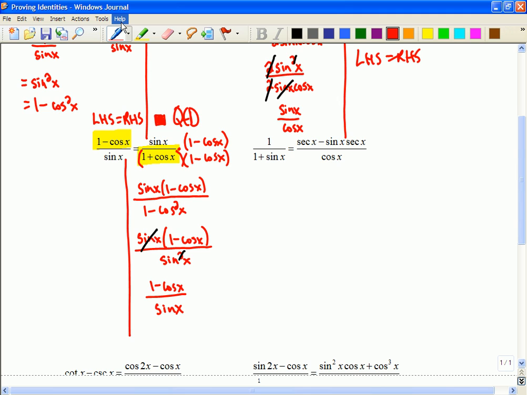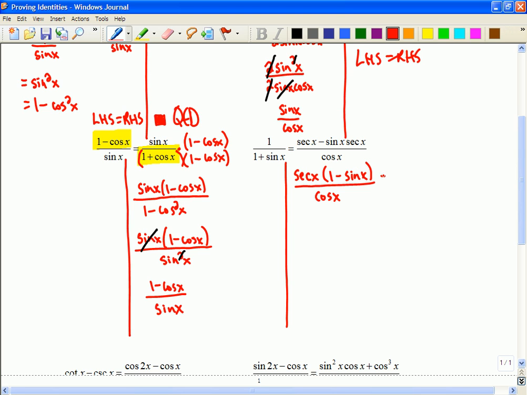So don't feel like you can't do that here, but the fact that I have a secant in a couple places and I can factor it out, it probably means I'm going to need to factor somewhere in here. I might not have to, but it probably will make the work a little easier to deal with. So for those of you who did replace it all with sines and cosines, you can just compare to see if you think this would be any better of a strategy. But if I started by factoring it,